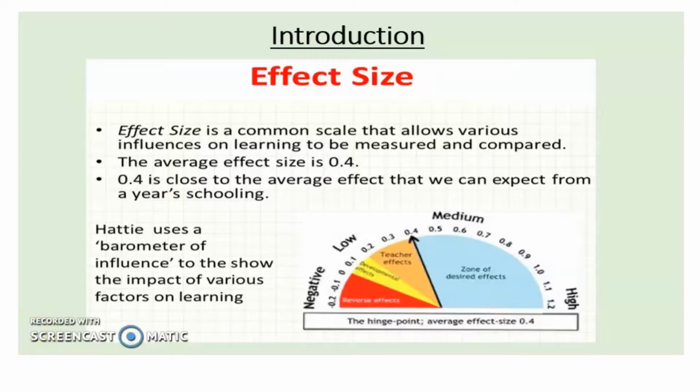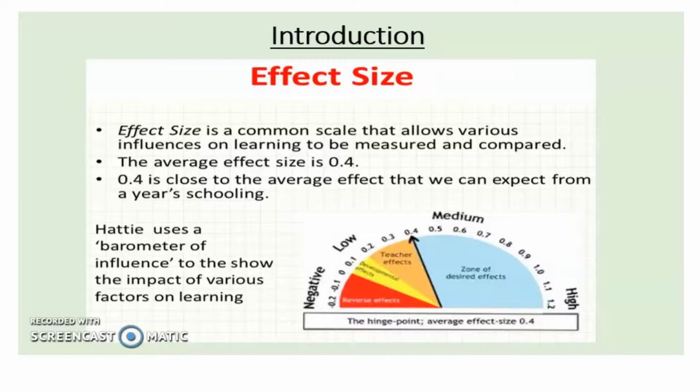John Hattie developed a way of synthesizing various influences in different meta-analyses according to their effect size. In his groundbreaking study, Visible Learning, he ranked 195 influences or strategies that are related to learning outcomes, from very positive effects to very negative effects. Hattie found that the average effect size of all interventions he studied was 0.40. Therefore, he decided to judge the success of influences relative to this hinge point in order to find an answer to the question, what works best in education?